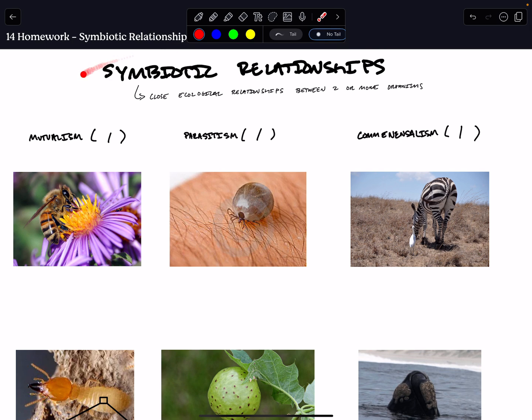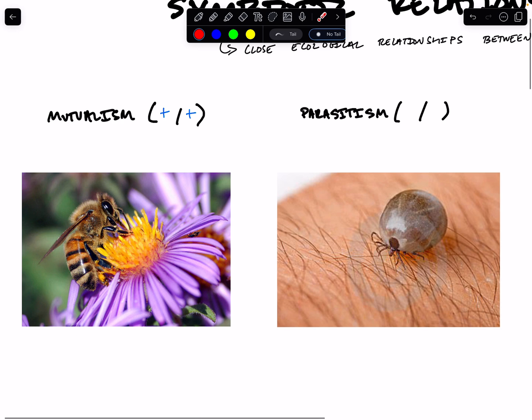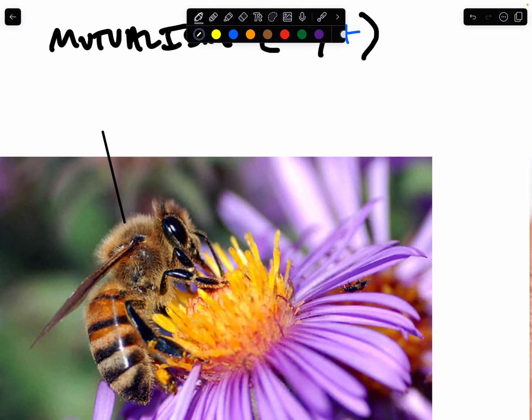Okay, so this is our definition of symbiotic relationships, and we're going to have three different examples, all of which are symbiotic relationships: mutualism, parasitism, and commensalism, and we'll talk about them in that order. A mutualistic symbiotic relationship is a relationship that's beneficial to both of the individuals that take part in that relationship. So a great example of that is pollinators